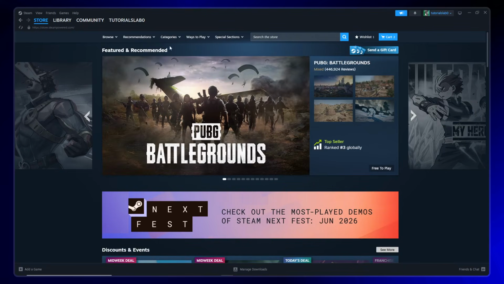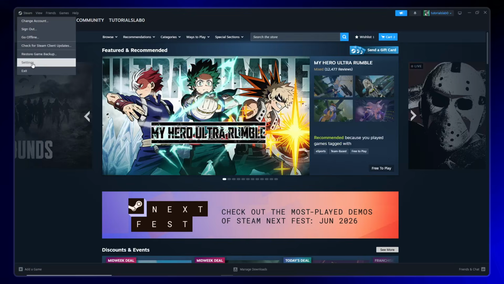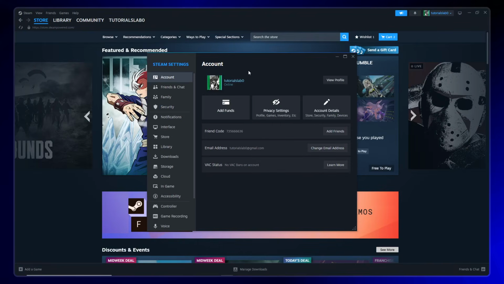After Steam relaunches, look to the upper left corner of the Steam window and click on Steam to open the main menu. From the drop-down options that appear, select Settings to access Steam's configuration panel. This is where we'll make a few adjustments to clear out any cached data that might be causing the licensing